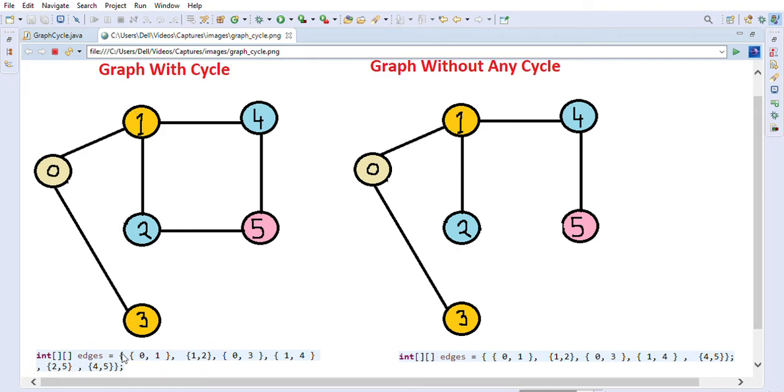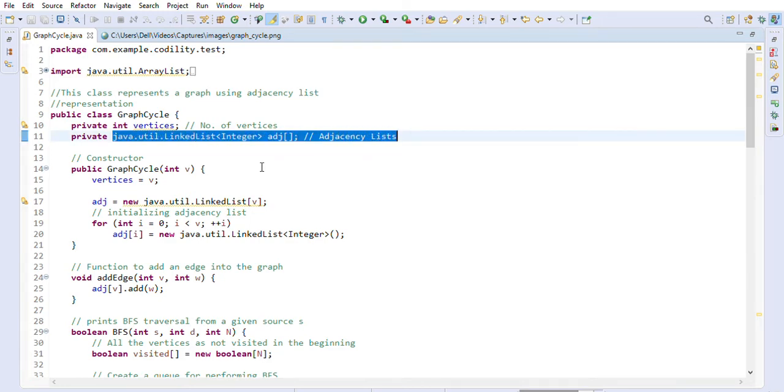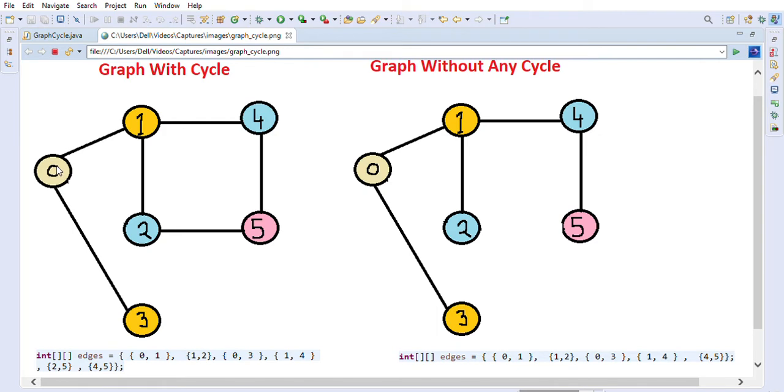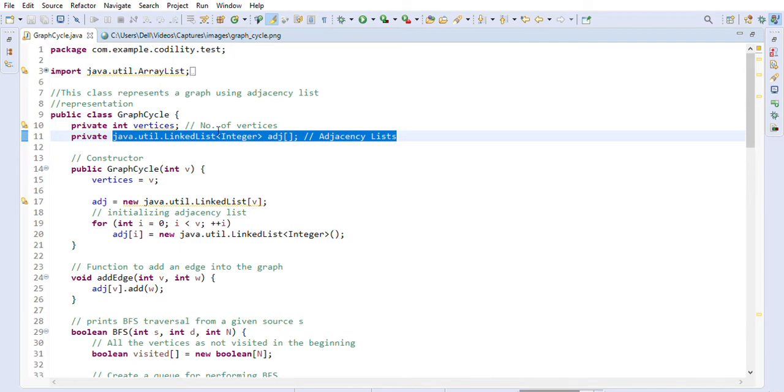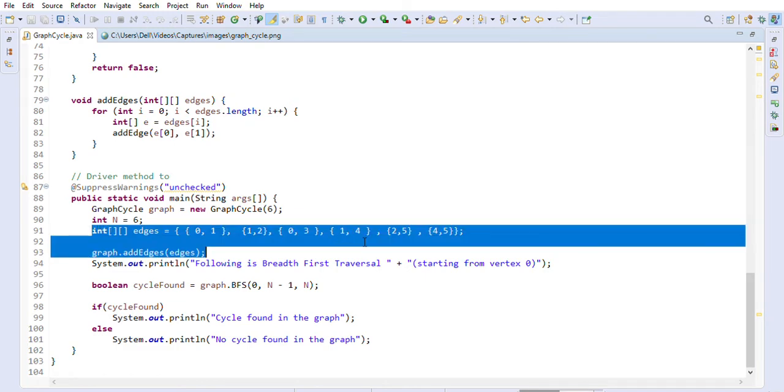So the first thing we are going to do in this case is take this edges array and first build the graph. I will show you the code now, and then we will discuss how we are going to find the cycle. First, we have created an adjacency list for this given graph. For this graph, the adjacency list will be like, for example, 0 will have 1 and 3 as adjacent elements. This adjacency list will capture those adjacent elements, and the edges array is given to us, this array.